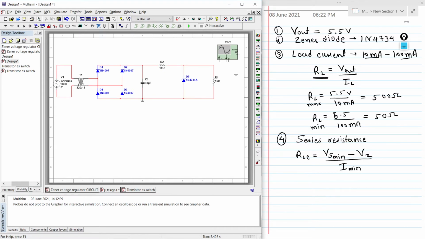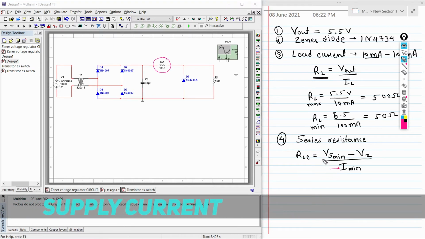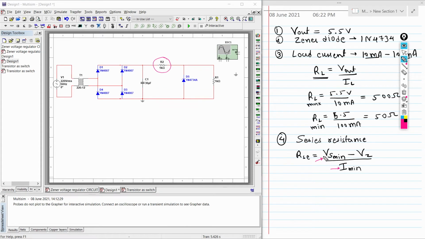But what we need to do is find the value of this resistance. To find the value of this resistance, which thing do we require? First of all, we need to find I minimum, Vs minimum. So what is I minimum?